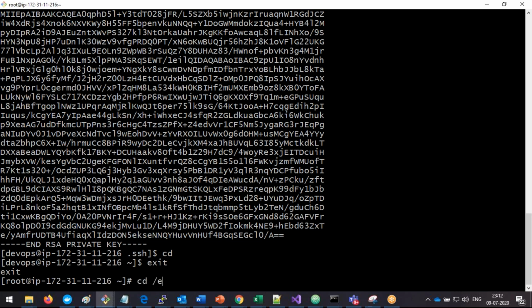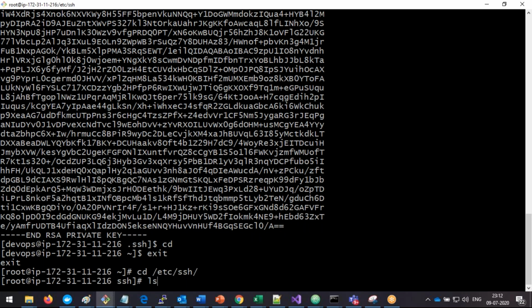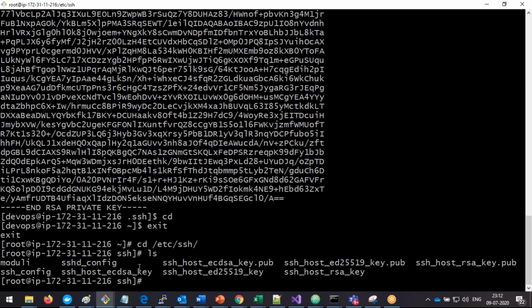So now cd /etc, then ssh is the folder. Inside the etc, you are going to find the ssh folder for the ssh service. Enter ls. Now here we are going to see n number of files. In those files, you are going to find a configuration file called the sshd configuration file. This file has to be modified so that I can connect to the other servers with the help of username and password. Right. So now let's modify the file, vi